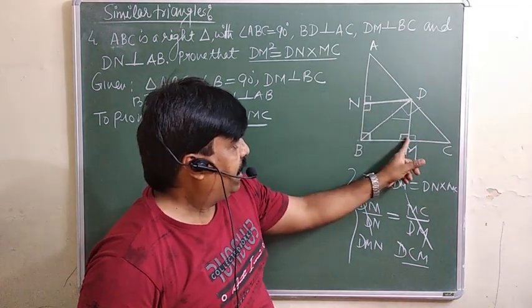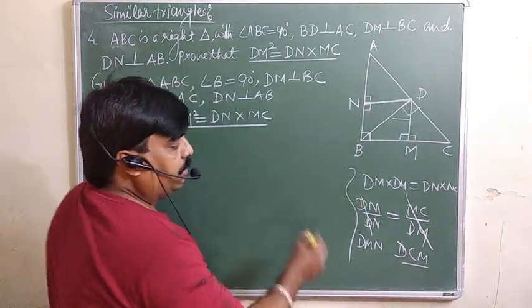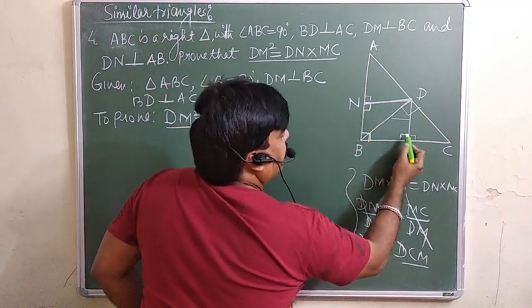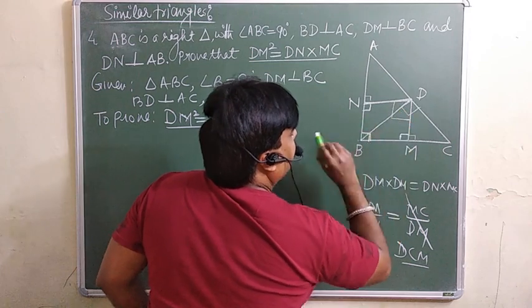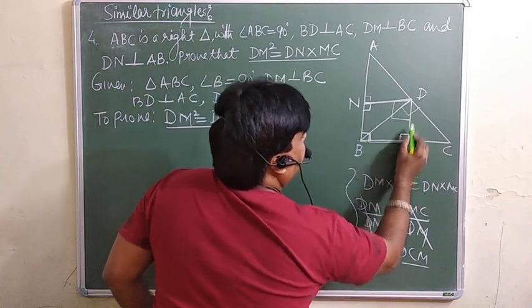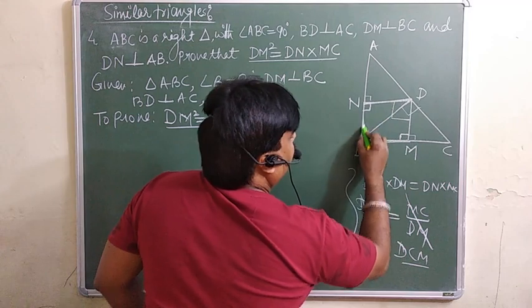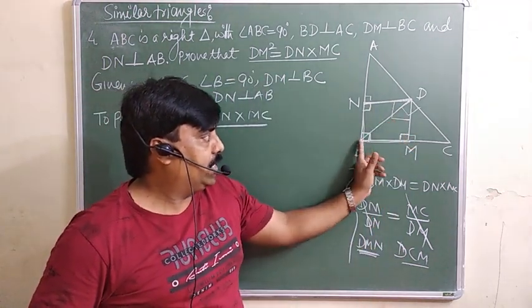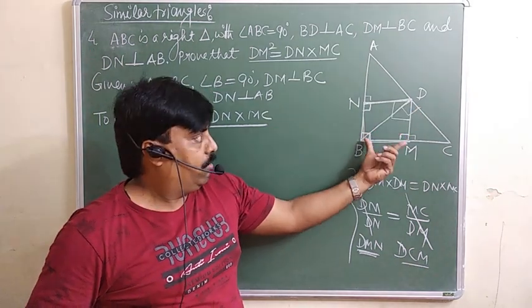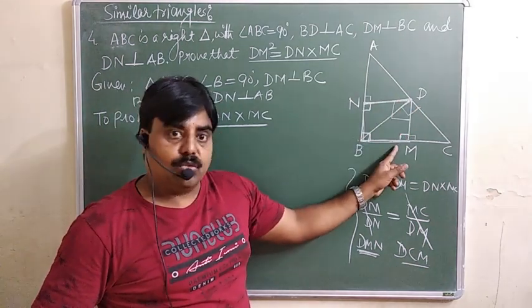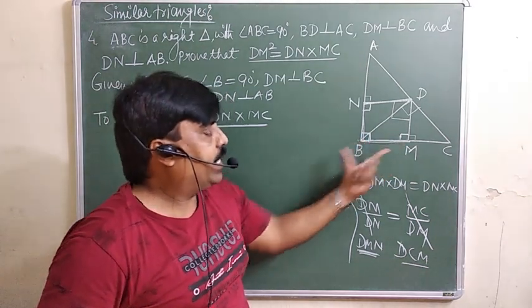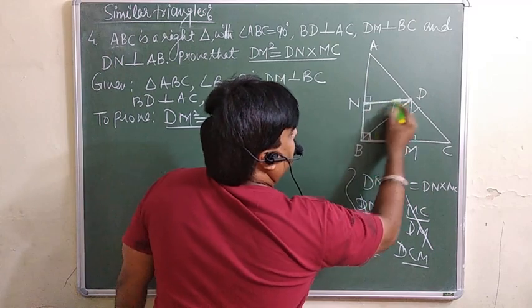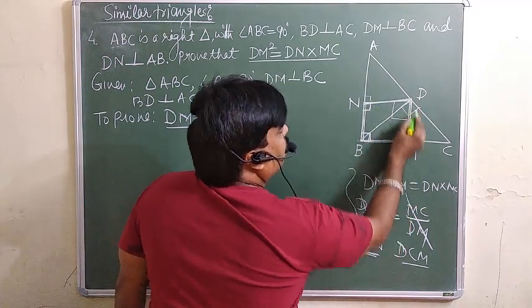DMN is here only. See, but exactly what is going to happen? This is a 90, this is 90, this is 90. So this automatically will be the 90. So it means this BMDN either it will be the square or the rectangle because all the angles are 90. Only it is possible in rectangle or the square. If it is a square or the rectangle, you can say opposite sides will be equal. This BM will be equal to this one and this will be equal to this one. If it is a square, then all the sides are equal.